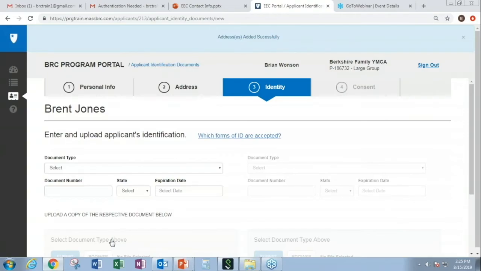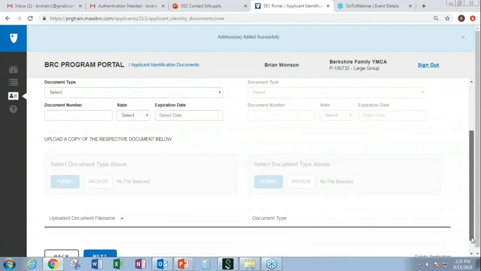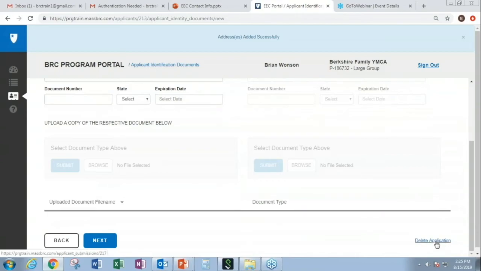Now, you can see the banner that comes up on top. At this point, the candidate is saved successfully, and they would show up on your Applicants tab. So if you got logged out, and I think it's 15 minutes of inactivity, you would get logged out, and you would need to log back in with the dual-factor authentication. But you could find them on your Applicants tab and resume from where you were. You'll also note now that you have a candidate and an application started, the bottom right, you can always delete the application. So if for some reason you chose to go another direction, you didn't want to finish it, you can delete it from there. Bottom right